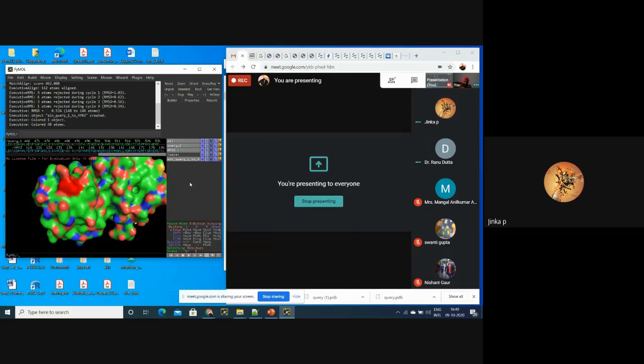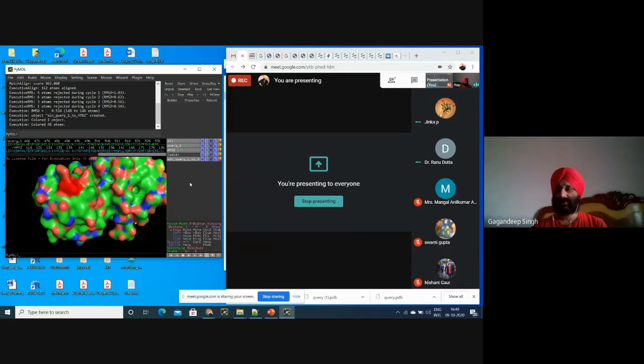The way we did the template search is only through BLAST. BLAST means you are comparing your sequence with a database. But what is the structural database? This is PDB only. When you are going to perform structure modeling, you should select only PDB.